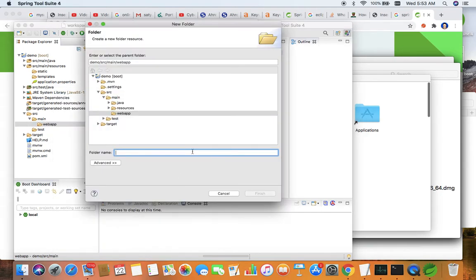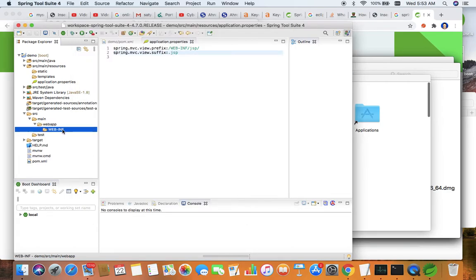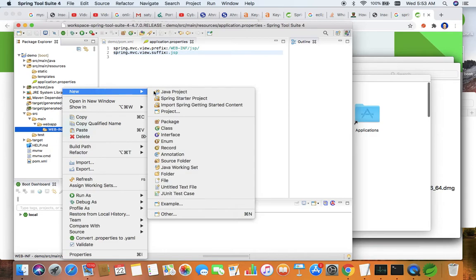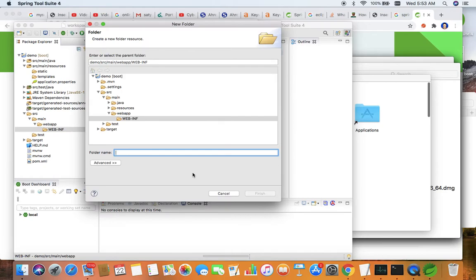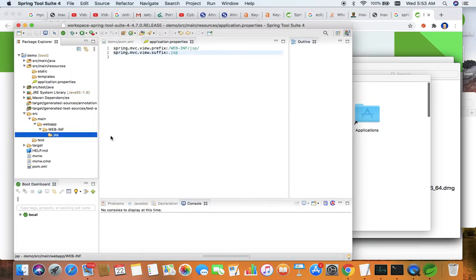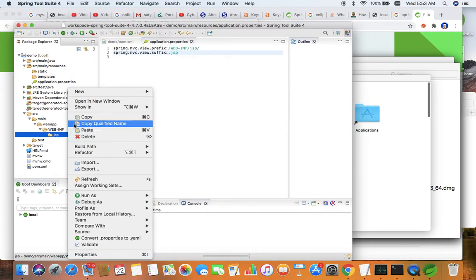Here give the folder name, all caps, WEB-INF, and inside the WEB-INF you have to create a folder named jsp, all small letters, because we have already mentioned it in the application.properties file. So this jsp folder is going to contain the JSP.